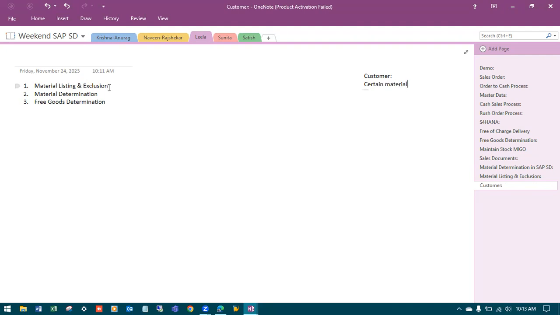If I go to the listing condition and maintain certain materials against this customer, only those materials we shall be able to sell. That is listing. For this, we have to maintain the condition record, which is